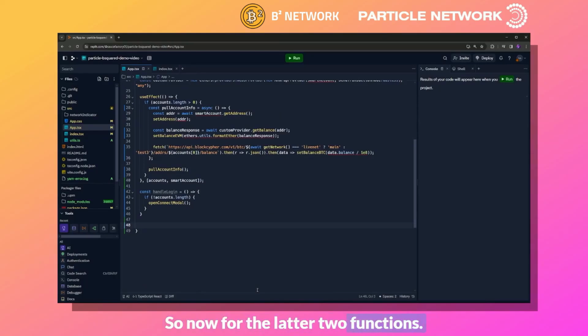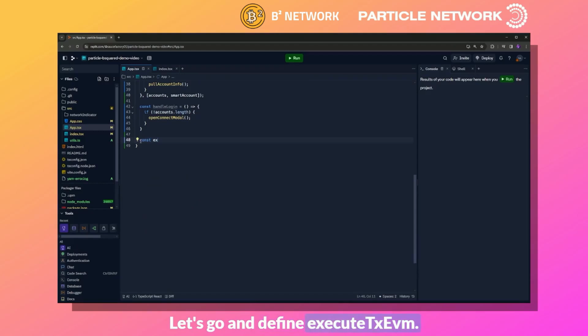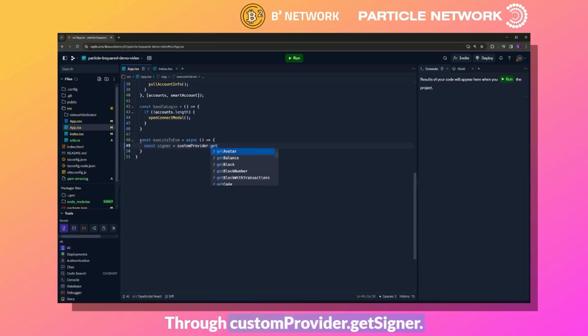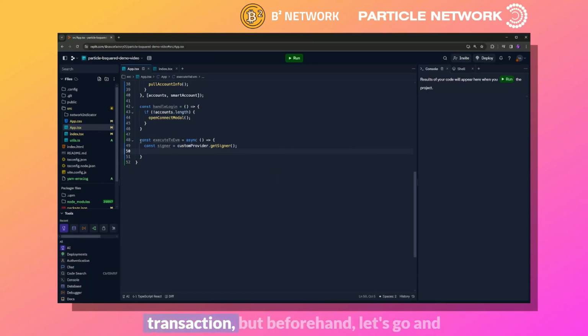So now for the latter 2 functions. Once again, this will be 2 transactions, the first being a burn of a small amount of BTC on the B-Squared network. Then the second will be a sample transaction on the Bitcoin layer 1, transferring 1 sat to myself. Let's go and define executeTxEVM, that'll be asynchronous. And to open it up, let's first go and define our signer through customProvider.getSigner. We'll be using this in a moment to send the transaction, but beforehand, let's go and define our actual transaction